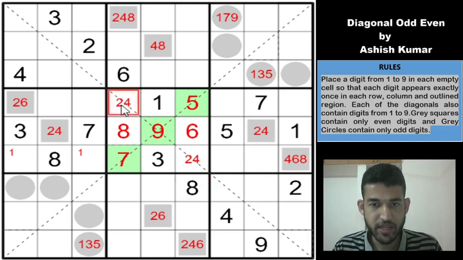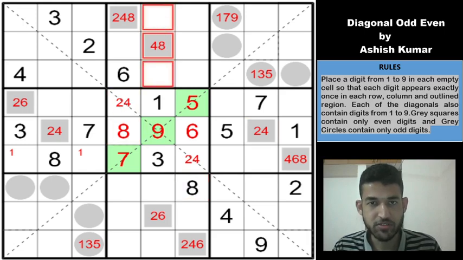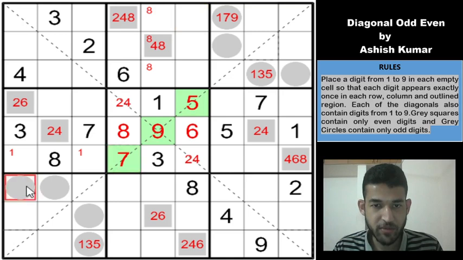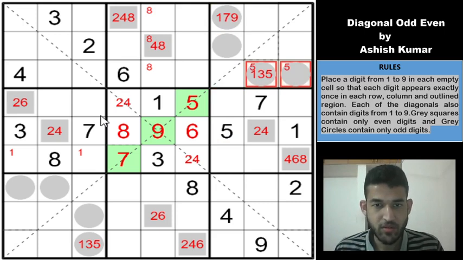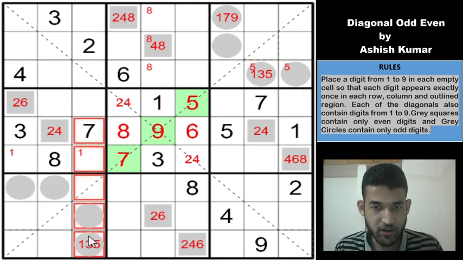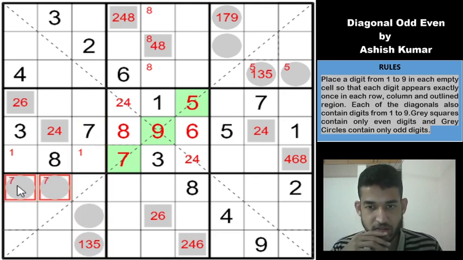So using classic, there is an 8 in column 4 and 6, so 8 must go into one of these 3 cells. Now that we have deduced that 5, 7 and 9 must be in these circles, and those are the common digits, let us see where 5, 7 and 9 can go. 5 is not in these 2 cells, which means 5 must be in these 2 cells, right? Similarly in this box, 5, 7 and 9 must be in these grey circles. 7 cannot go here, which means 7 must be here. And 7 in box 8 will go into these cells.